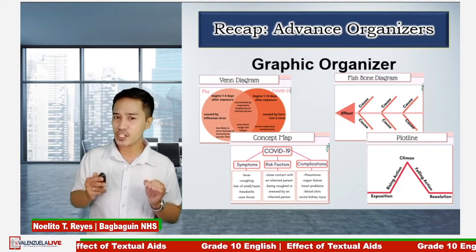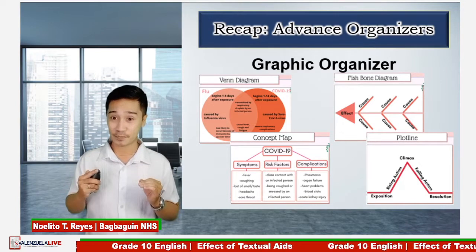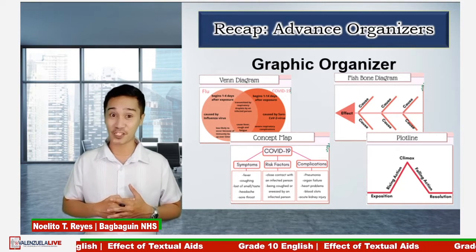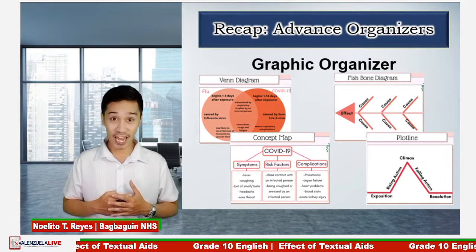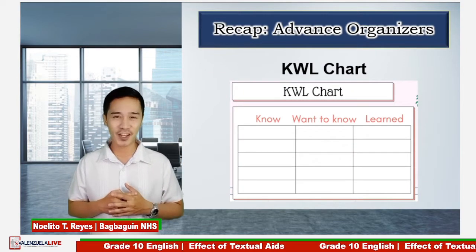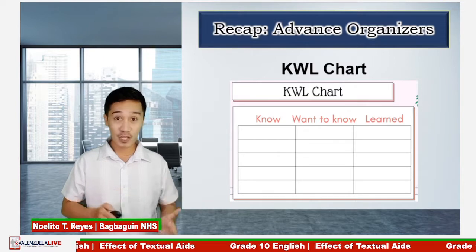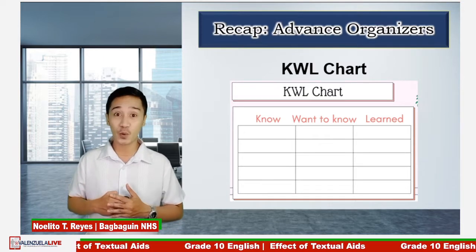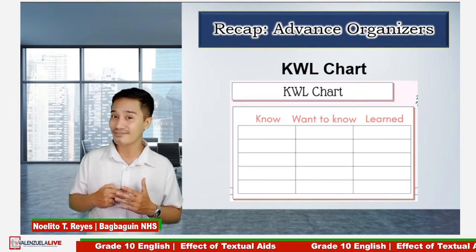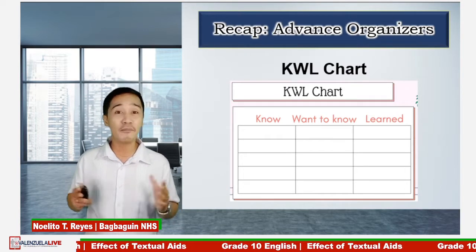They are efficient because they highlight and focus on just the important aspects, and they also show relationships between necessary information. And lastly, we have the KWL chart. They are advanced organizers that help students to organize information before, during, and after a topic or a lesson. They can be used to engage students in a new topic, activate prior knowledge, share unit objectives, and monitor students' learning.